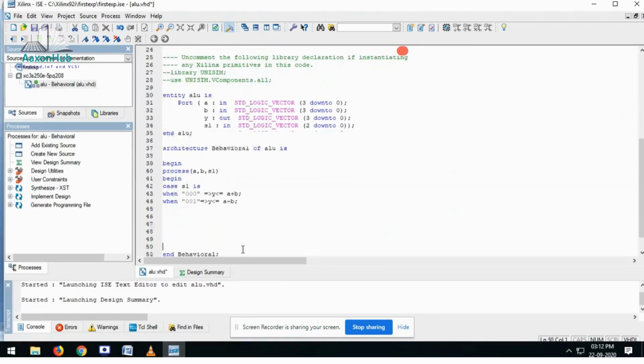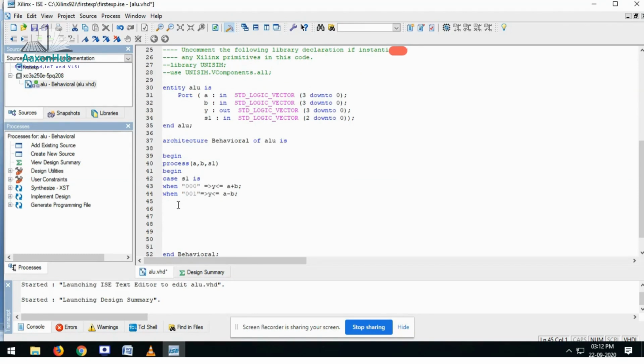Is this the only case? No, we still have a few more cases. So start writing when your select signal is 0 1 0.